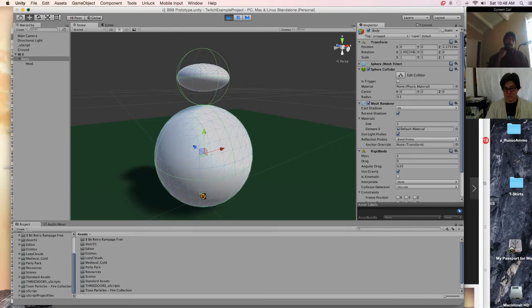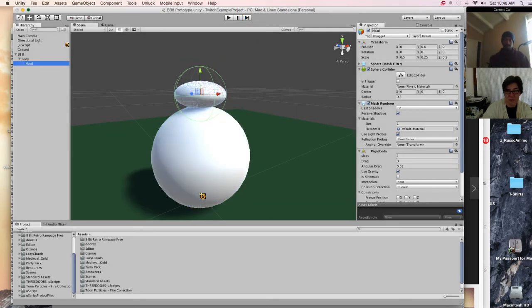Oh, right. We didn't change the collider. We just changed the visual shape. This is something that messes with me sometimes, because the collider is represented by something that's so ethereal, in other words, just a gizmo. You have to bring the collider in. So let's look at the head. Let's make his collider a sphere collider, right here.